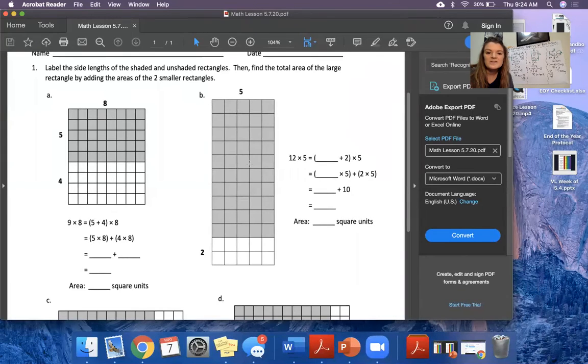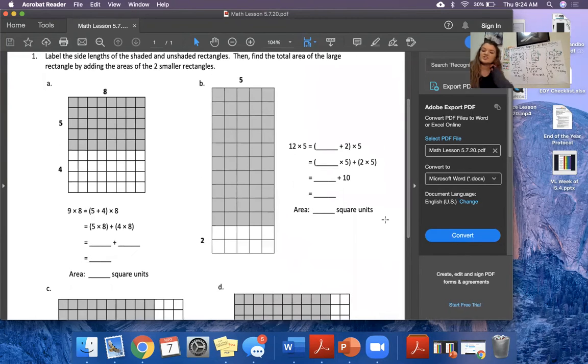They partitioned, the gray part is 5 times 1, 2, 3, 4, 5, 6, 7, 8, 9, 10. So this would be 5 times 10 and then 2 times 5. You just have these 4 that I want you guys to try on your own. If you get stuck, remember, as always, you can call or text with any questions. Do not feel like you have to draw these rectangles at home. If you just want to get a piece of paper and write A, B, C, and D and write the equations by looking at the pictures, that is